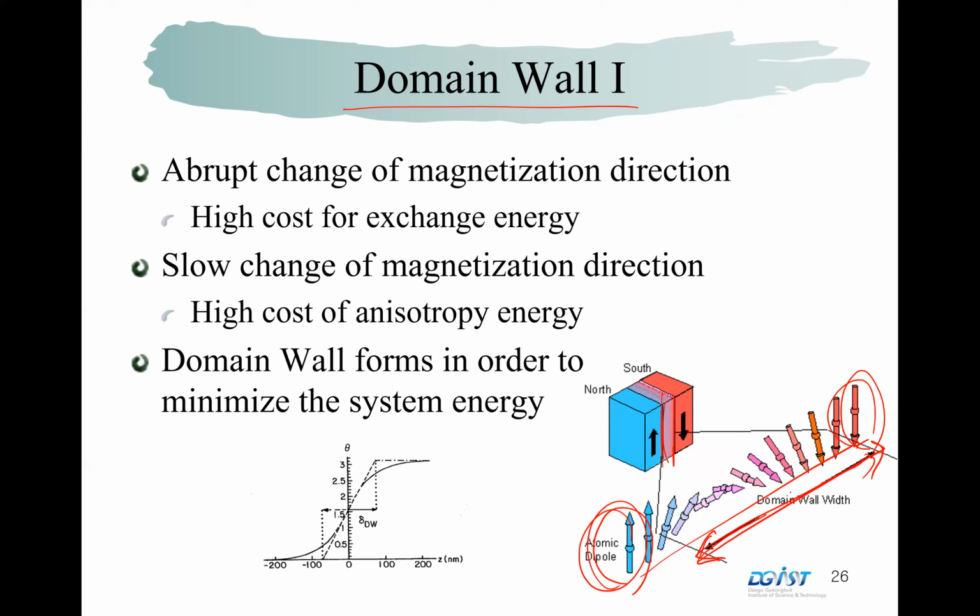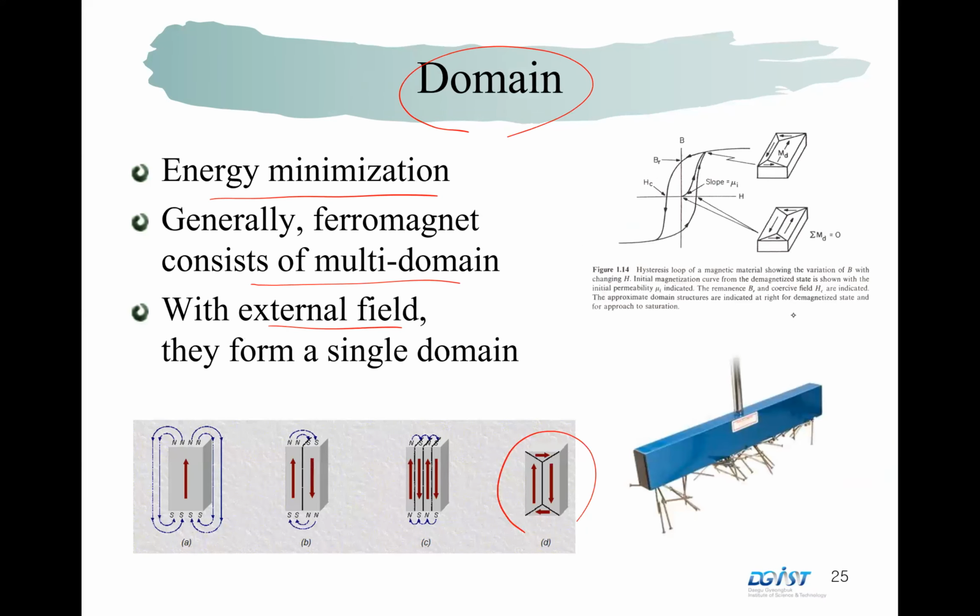Then there are two important energies involved. The first is why this domain and this domain point only up or down instead of other directions. What is a possible source? A preferred direction. This is what we call the anisotropy energy. If you have a uniaxial anisotropy energy, uniaxial means up spin and down spin have the same energy. But if they point in the other direction,